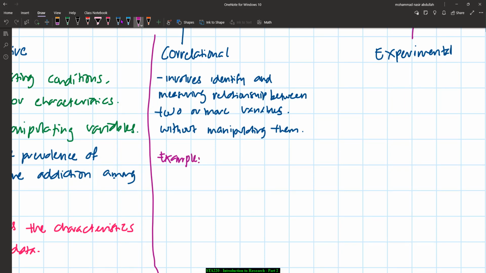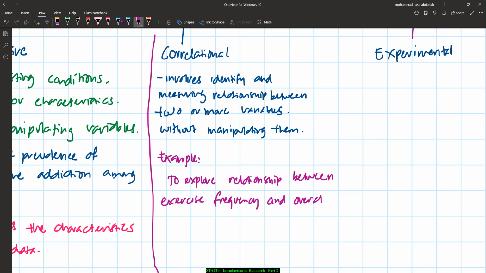Maybe kita boleh kata, if you want to explore the relationship between exercise frequency and overall health. Right. So first, to explore the relationship between exercise frequency and overall health, first what we need to do